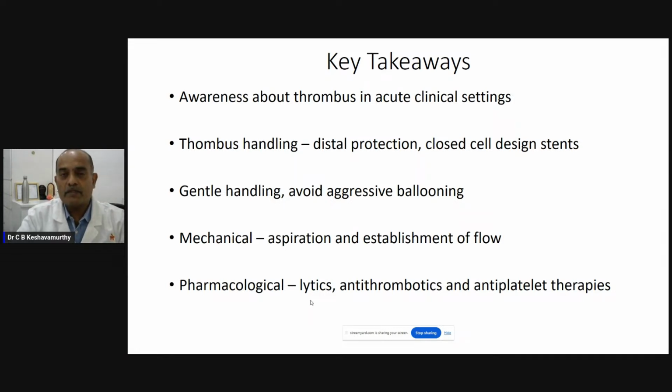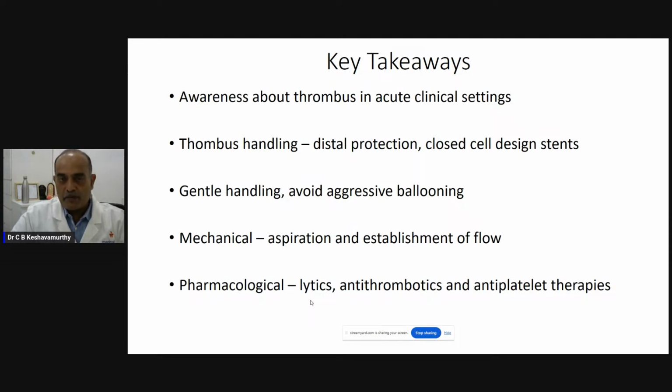But in many of the situations, especially in our country where late presentations, patient come out of the thrombolytic window, especially in the coronary situations, they come after 12 hours or 24 hours, the thrombus hardens, and then it becomes a difficult monster to handle. Touching a thrombus causes distal embolization, there is incomplete resolution, there is release of various vasoactive substances at the site of thrombus, which puts the vessel into a severe state of spasm, which leads to various vascular complications. So, therefore, thrombus handling should be multiple approaches.